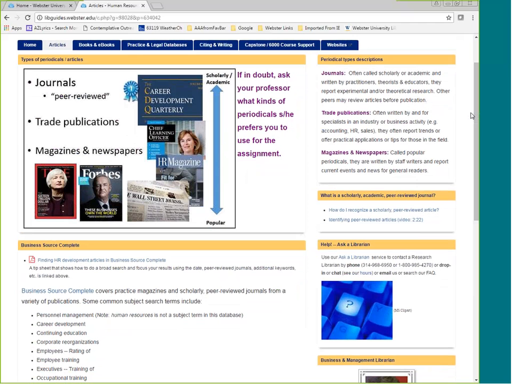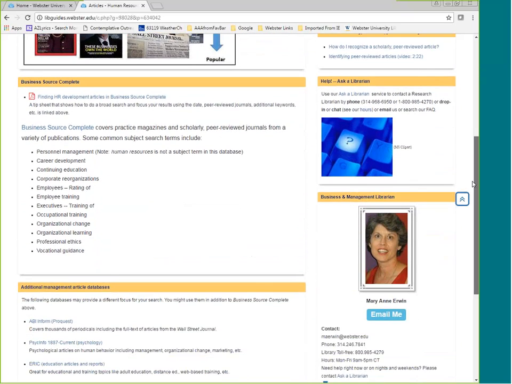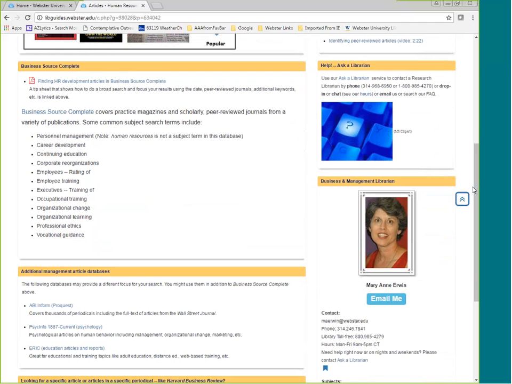So we have that same graphic there that talks about the difference between journals, trade publications, magazines, and newspapers that we saw on the PowerPoint before. But scrolling down, you'll see that we have Business Source Complete listed as the primary database for finding articles in business and management.